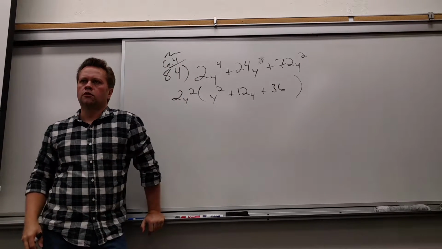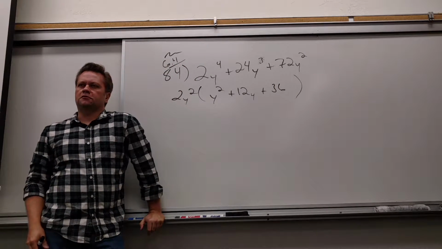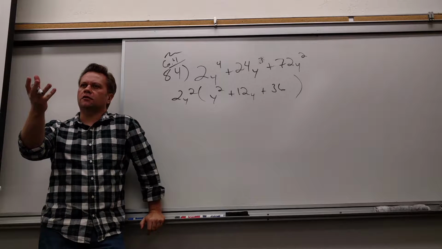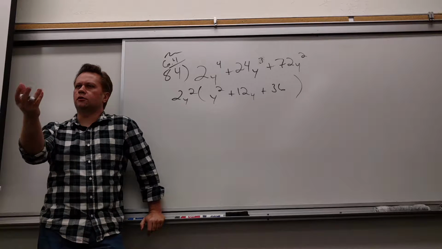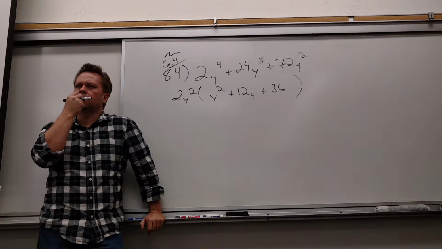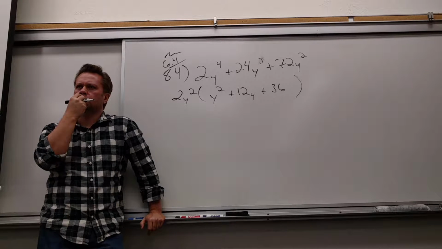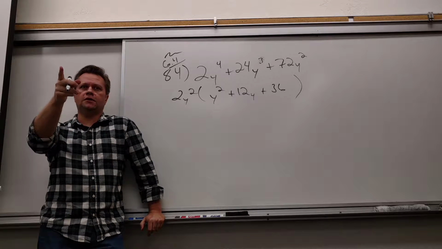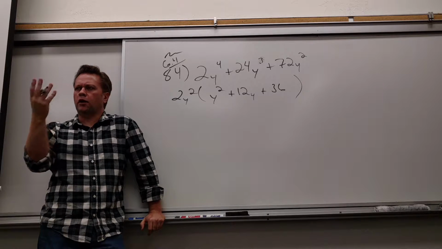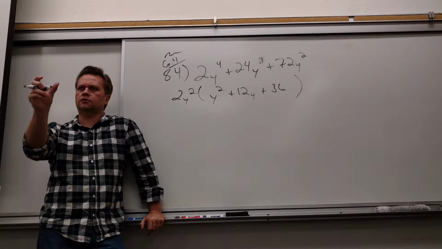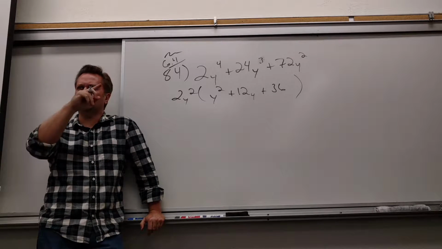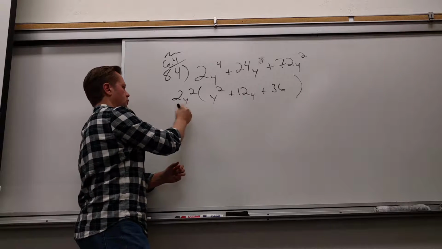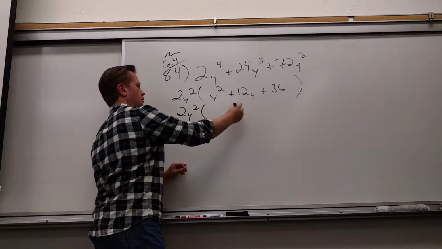Cool. Now this one's almost too easy to believe because I need factors of 36 to add to be 12. 6 and 6, yeah, it's kind of weird. So it's a square and it's square pieces. The 6 and 6 happen to work. So what would it be? It'd be Y squared plus